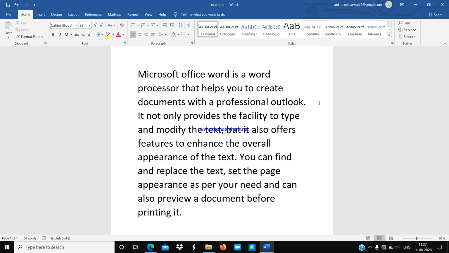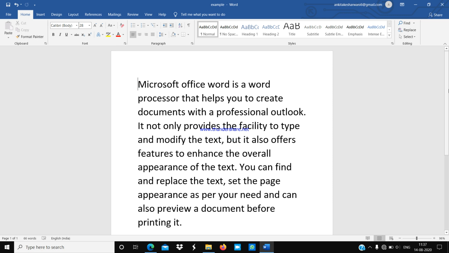Indent determines the amount of spacing between the page margin and the text. So it is the page margin, and this is the space where I am bringing my mouse cursor. You can see, this space is known as the indent. The most common way to indent the text is to use the tab key. You can use the tab key.